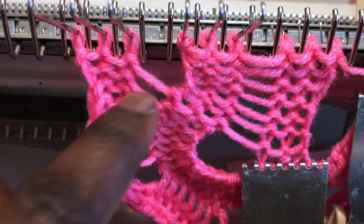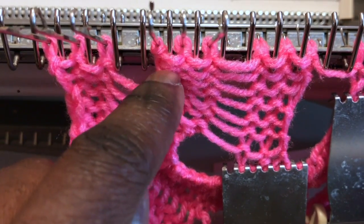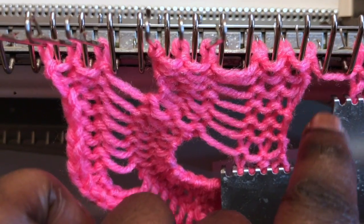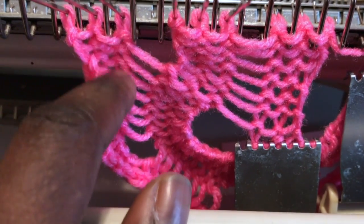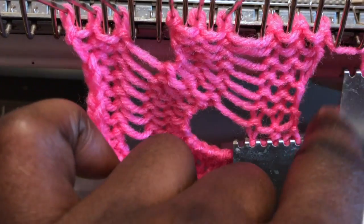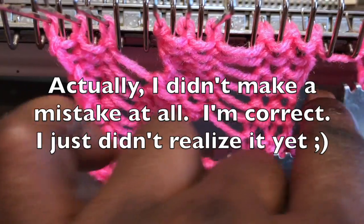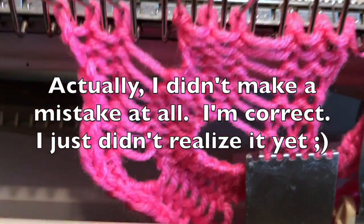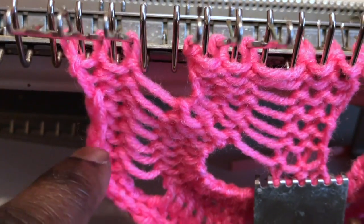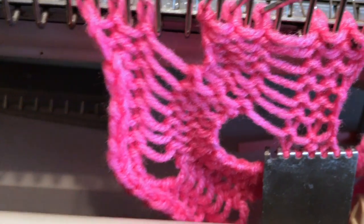Okay, so can you see how there's an extra big hole here? You have a space here, but here is an extra big hole. And I can see already that I made a mistake somewhere over here, but we're not going to worry about that right now. That should have bars across, so I skipped something somewhere. But, excuse me. So here, these bars are created by that needle that's out of work when we do a